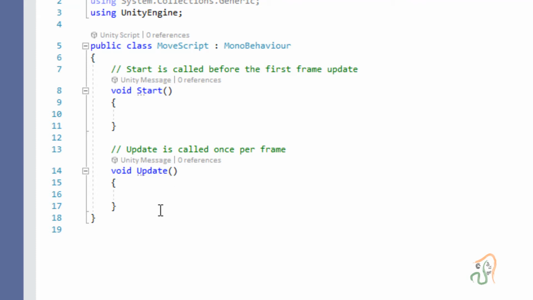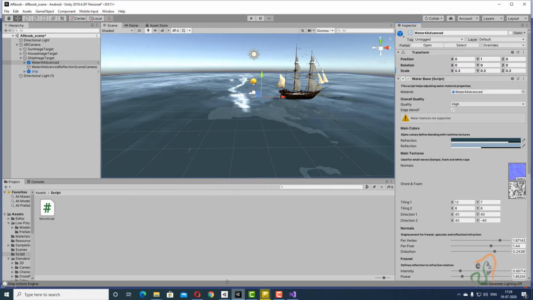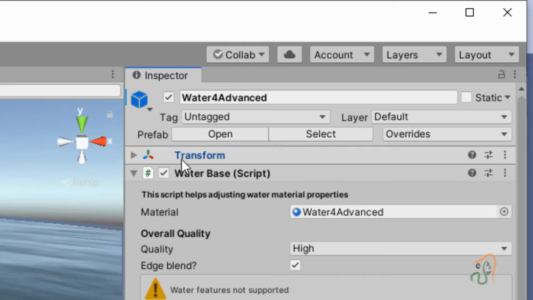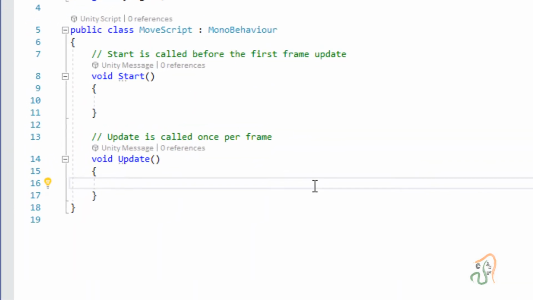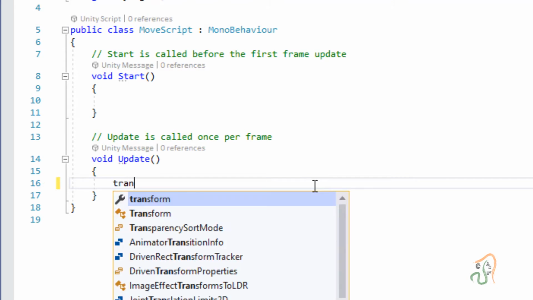To move any object in Unity, the component that we are going to use, you already know, if you come to Unity, is Transform. So coming back to the script, we are going to type transform, with T as a small letter.